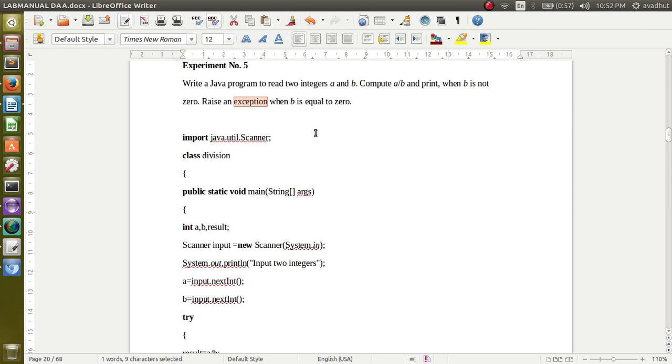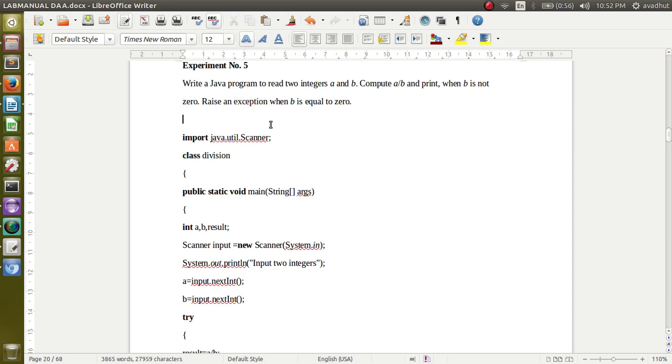If an exception is not generated, well and good, it will execute in a normal way. If an exception is generated, if some abnormal condition is occurring, then what to do is written in the catch block. So the catch block is handling the try block. That is what we are going to see here.